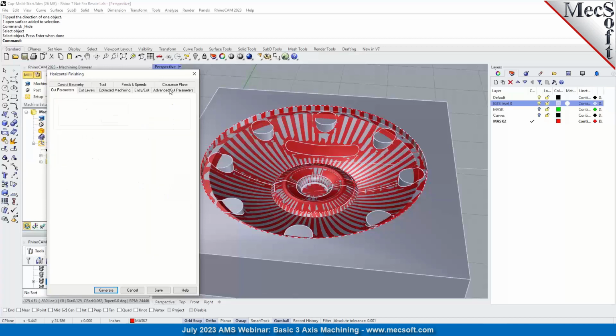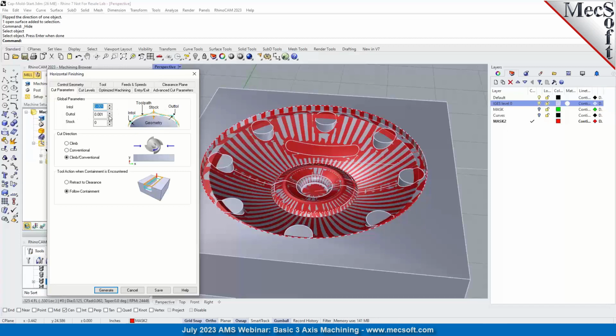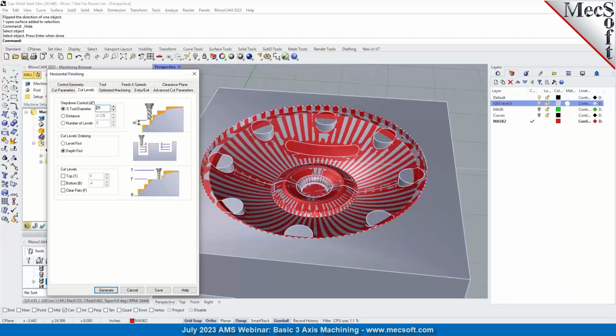You can control it with arc fitting tolerance values, and there's other things you can do to adjust the tolerance, as well as ensuring that you're outputting the correct number of decimal places, et cetera. So the product by default will be at a certain accuracy and a certain tolerance. We're just going to use the default tolerance of 1,000th, and for the cut levels, we're going to go 0.03